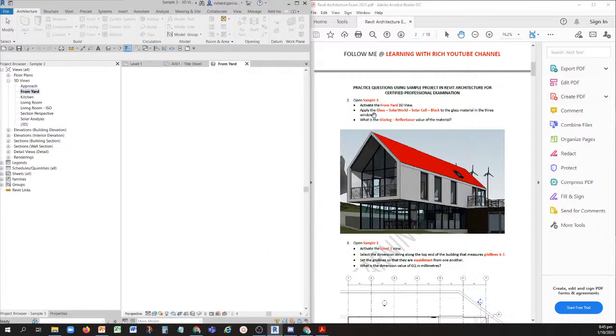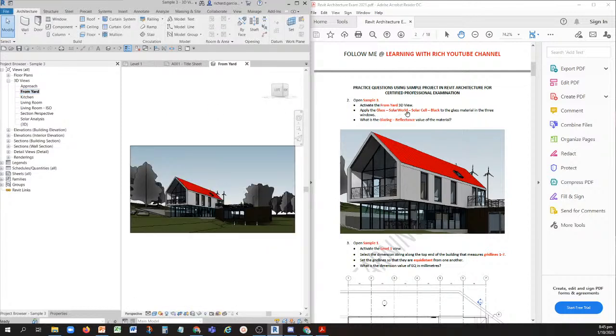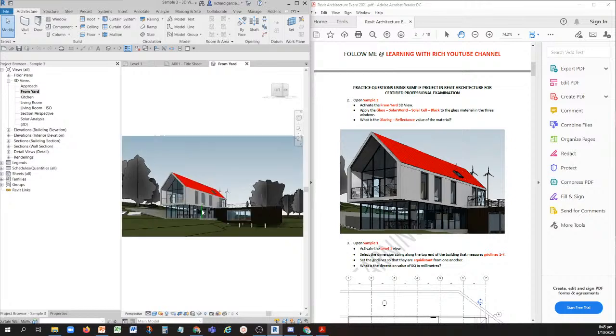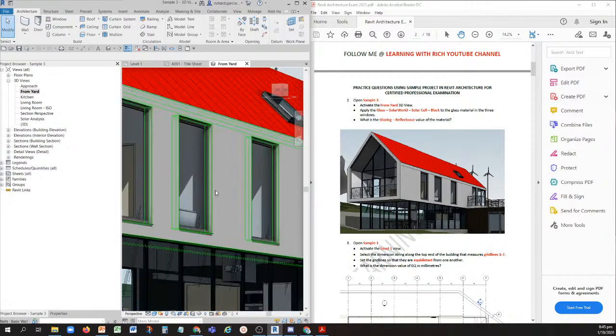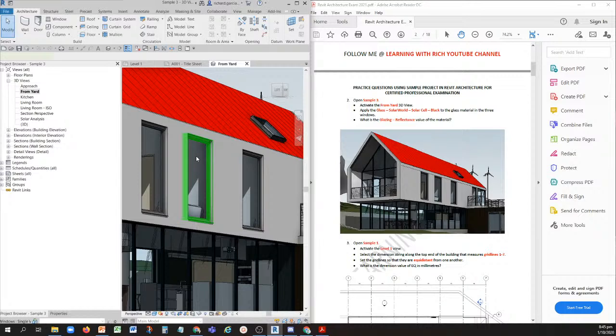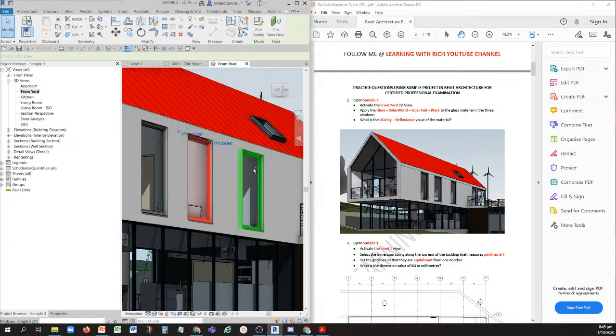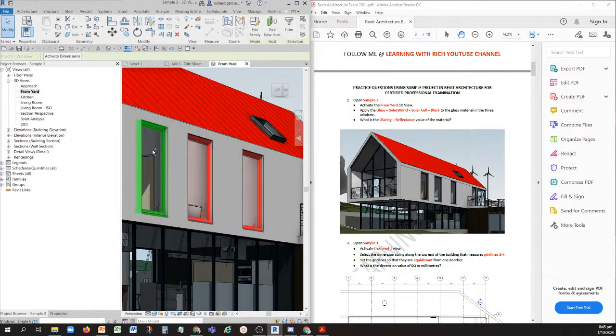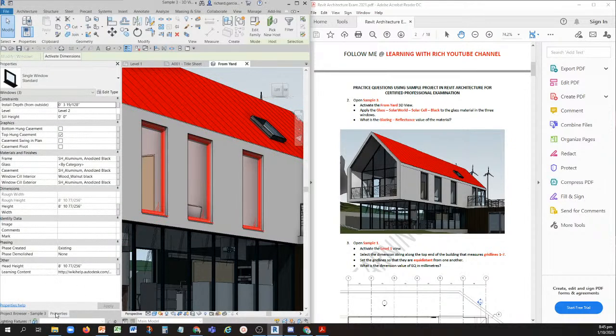And then we are going to apply the glass solar world solar cell black to the glass material in the 3 windows, which is these 3 windows here. Okay, so let's zoom in. I'm going to click one of the windows, hold control, click the other window, and then the 3rd window. Okay, and then the next thing that you need to do for you to be able to change the material, you need to go to the properties,